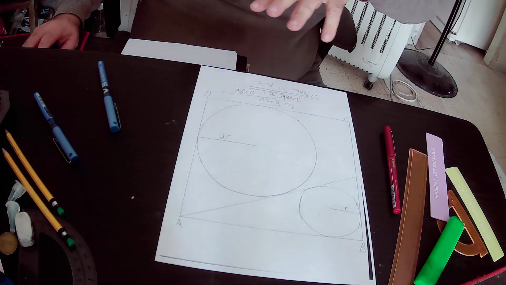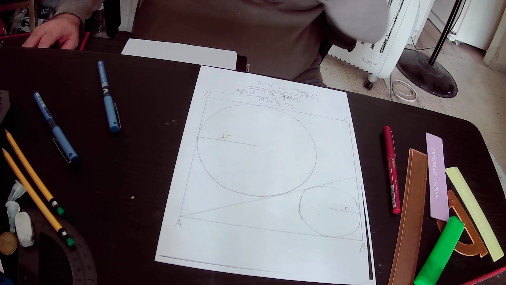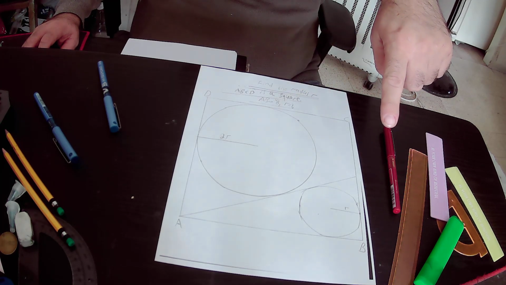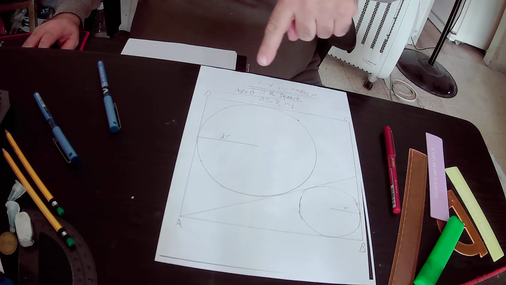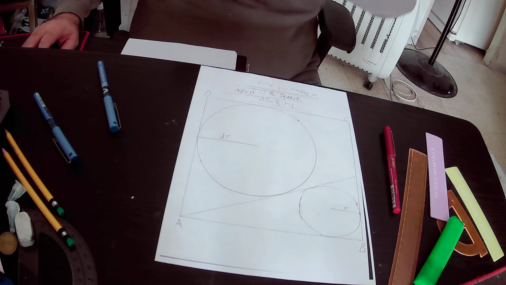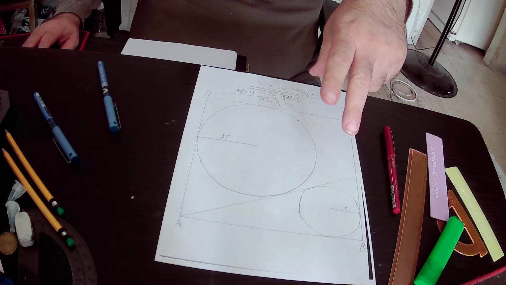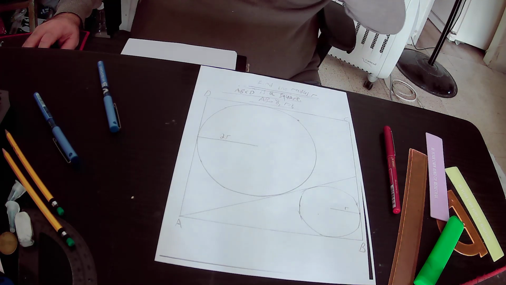Hello, in this lecture we will find the radius of the small circle. In the drawing we have a square and we know that AB equals BC equals CD equals AD equals 8 units. That is to say, the length of one side of square ABCD is equal to 8 units, and inside